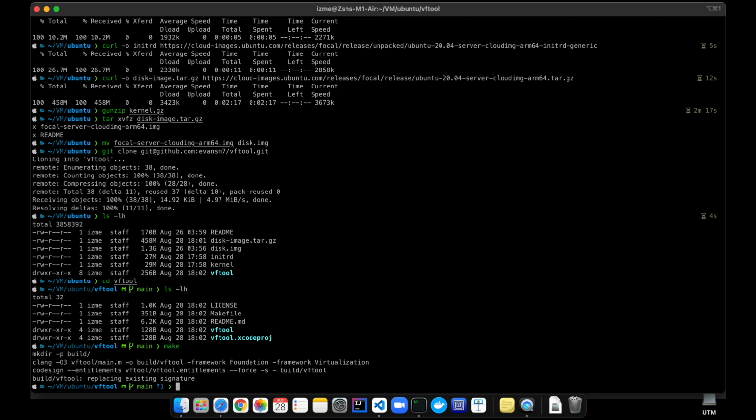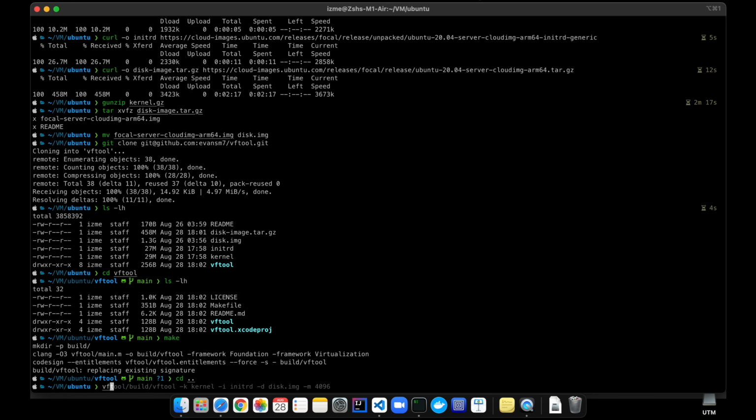Yeah, it's completed, and then what we'll do is we'll execute the vftool command. So vftool, this is the command. It is already available in the history, but it's showing in red color. Okay, we will go back to the Ubuntu folder because there is the vftool directory, and from here we will